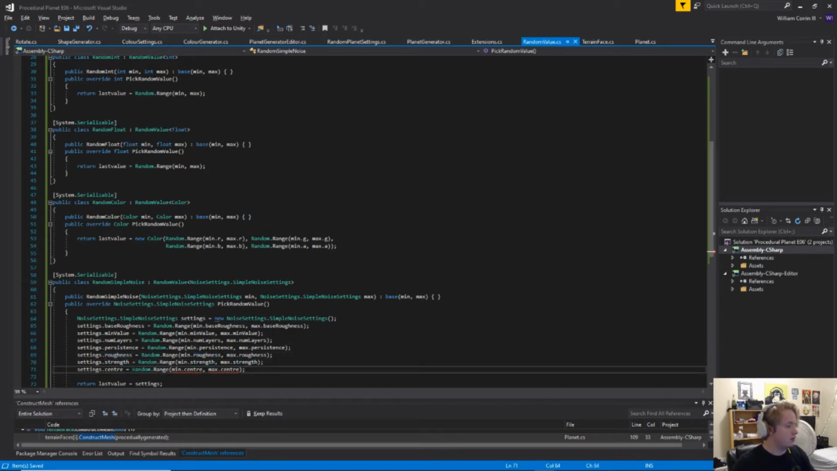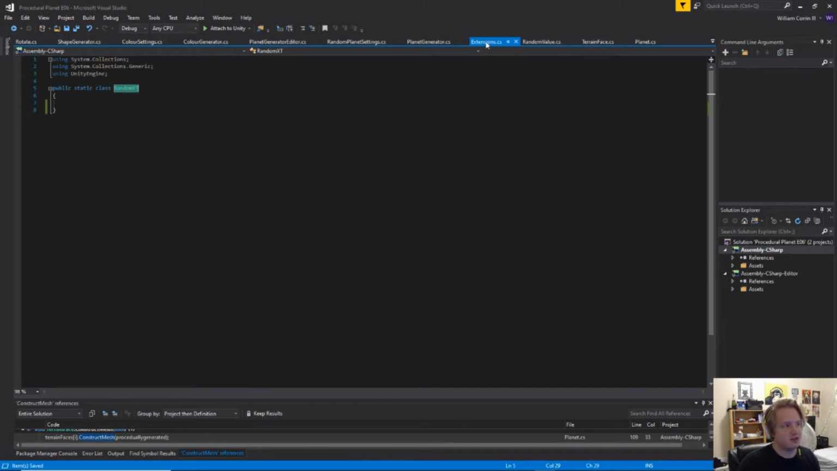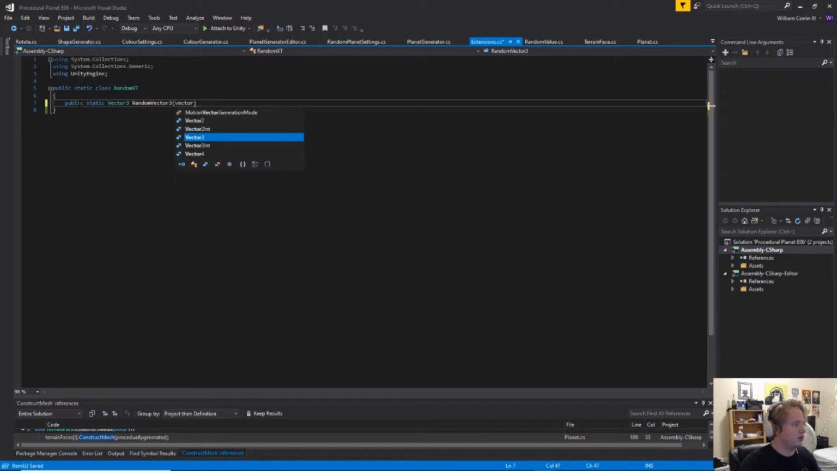Okay, so, as you can see, obviously, a vector 3 is not a float, so we're going to call this class randomxt dot random vector 3, which does not exist yet, which is why I have the extensions thing. So yeah, if you go to the extensions, the empty one, where it should just be public static class randomxt, it's one of the initial scripts at the beginning that's empty. We're going to make a public static vector 3 random vector 3, vector 3 min and vector 3 max